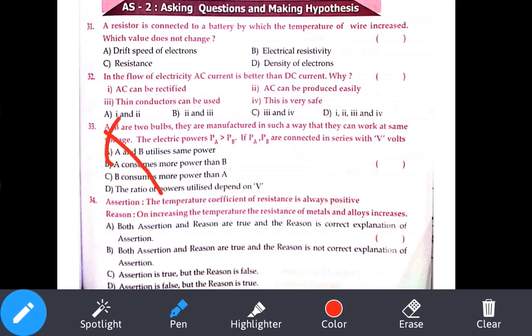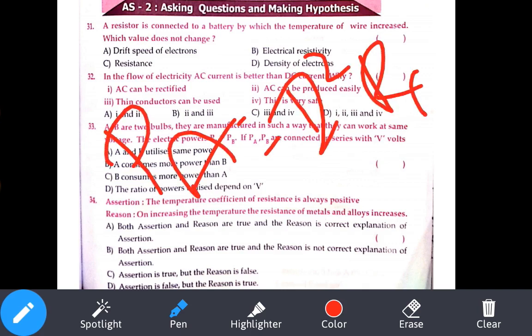Now they said it is connected to V voltage. Now what will be the consumed power? P is equal to I squared R. Think of PA dash as the consumed power. Now just now we have seen that if the resistance is RA, then RA and PA are related as inversely proportional.